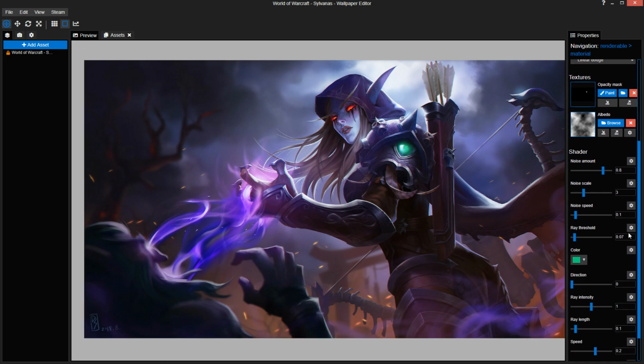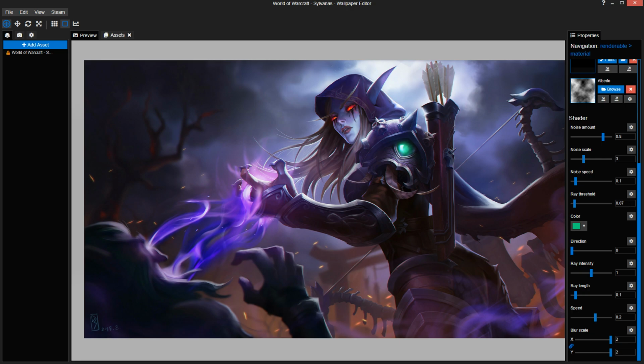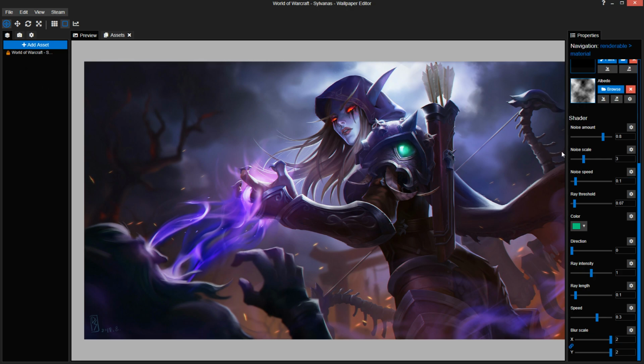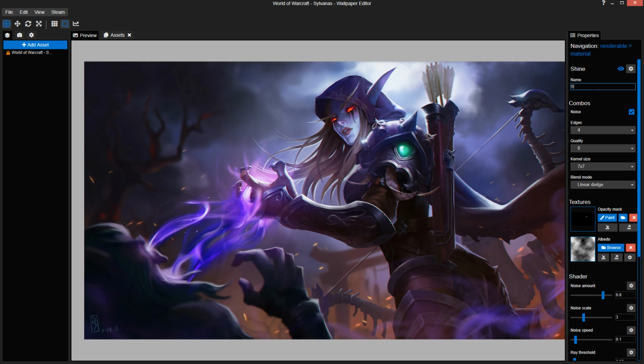Maybe a little bit too bright, so I'm gonna reduce the threshold to increase it to 9. Alright, this is looking like something. And the speed I'm gonna increase to 3. And the noise speed, I think I'm gonna get this to 0.15 again. Nah, that's too fast. Alright, so now we've added the light here, so we're just gonna call it shoulder shine.